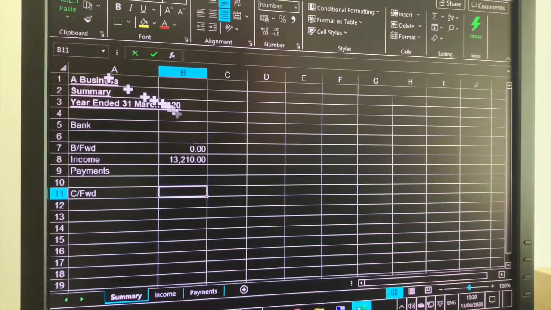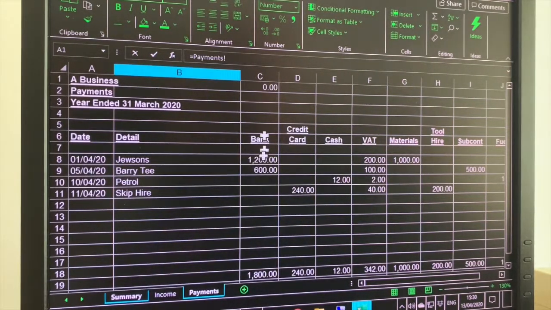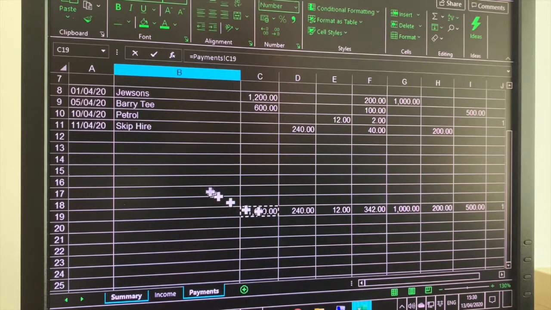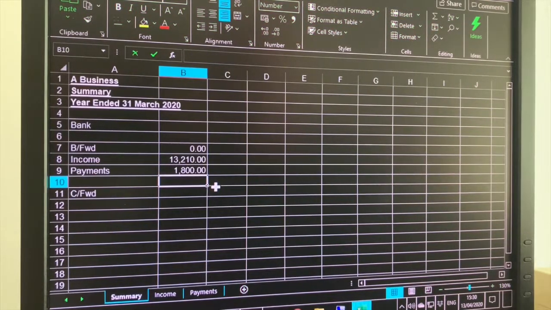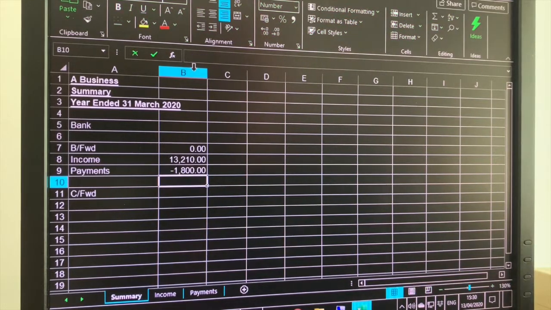Right, payments. Where's my mouse gone? There it is. We want that to come from, I say equals to say it's a formula. Where's it coming from? Payments, and it's coming from the bank total there. Enter. Now we want that to be minus, so I'm going to change that formula. See where it's taken in. It says where it's come from, equals payments, but I'm going to say naught minus, just so it makes it a minus figure. Then this carried forward, go to auto sum,